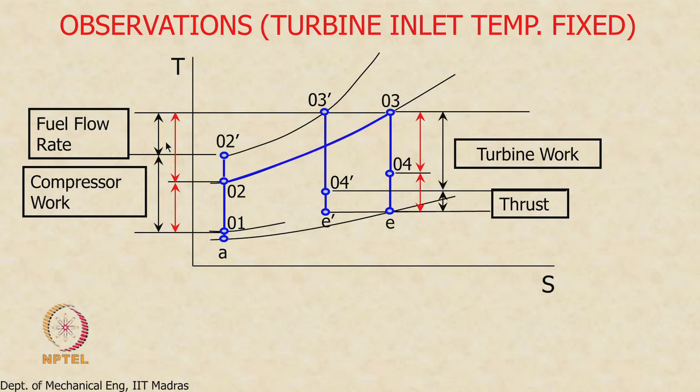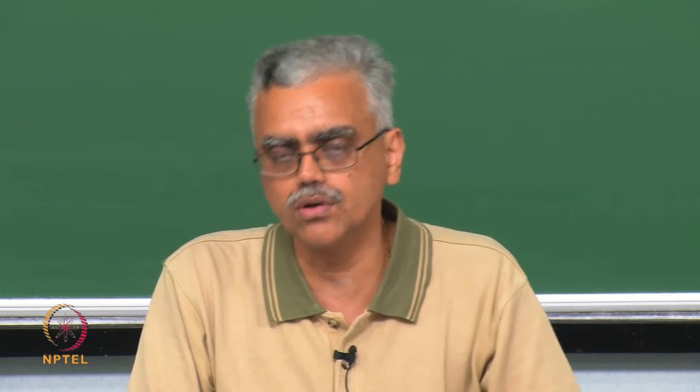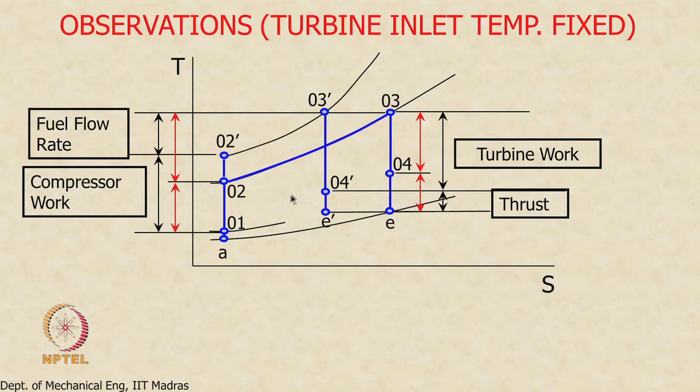But we can say clearly that fuel flow rate decreases and the thrust may or may not decrease. That depends upon the exact value that we are looking at. We will quantify this in the next view graph when we actually show some numbers. But for now, from this figure we can qualitatively infer that fuel flow rate will decrease and the thrust may increase or decrease. In fact, under some circumstances, when we are located over here, these isobars are such that, remember,